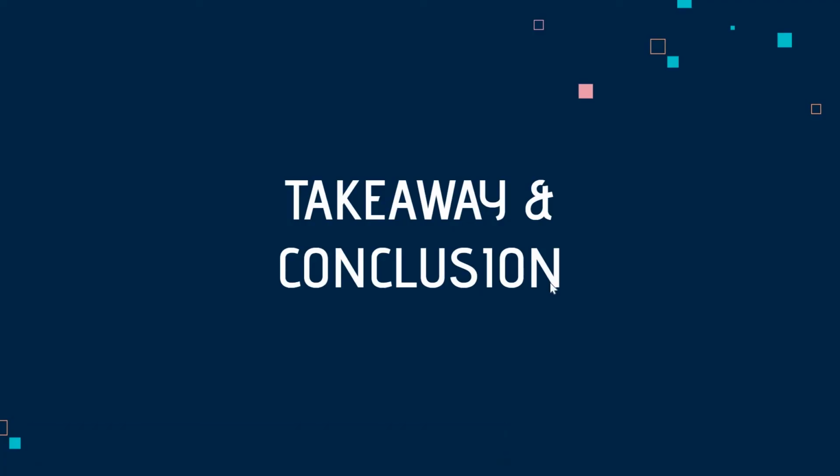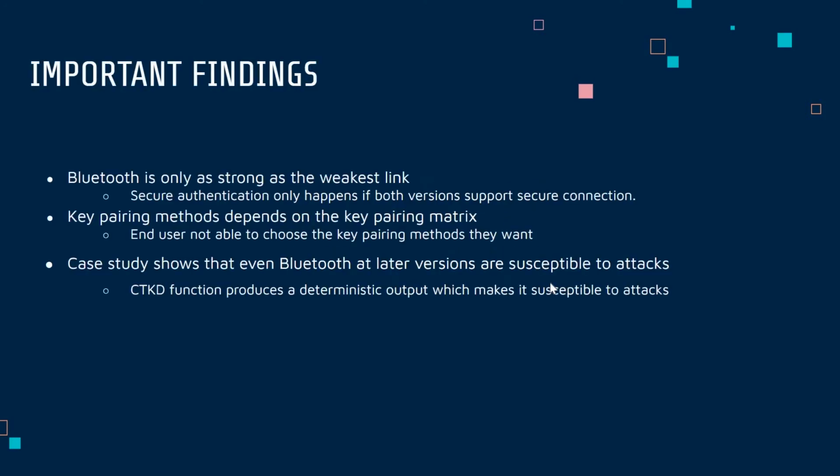So I will be going through the key takeaways from our presentation, and I hope you can remember these important points. Firstly, Bluetooth is only as strong as the weakest link. Secure authentication can only be achieved if both versions support secure connection. If one device supports secure connection while the other doesn't, the connection between the two will be legacy pairing instead, which is not a secure connection,